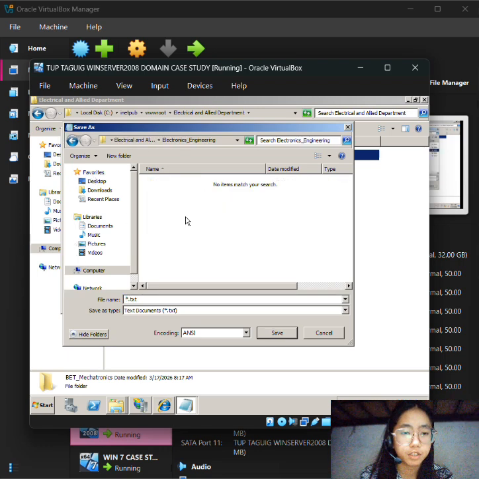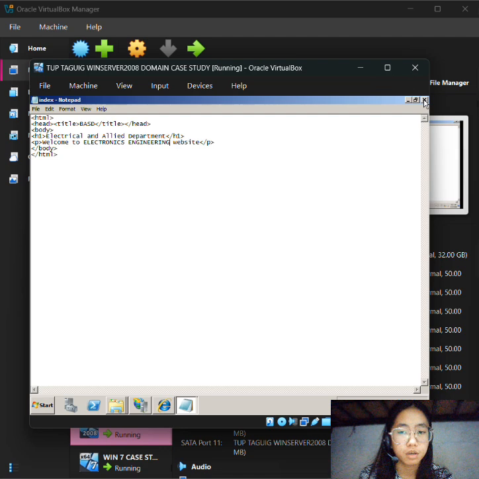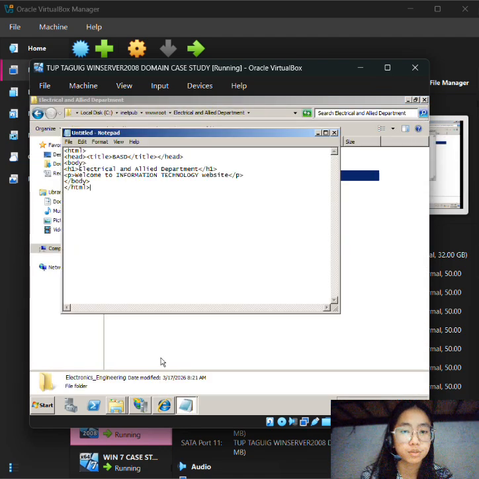These index.html pages can be accessed through the browser using the server's IP address followed by their folder name.